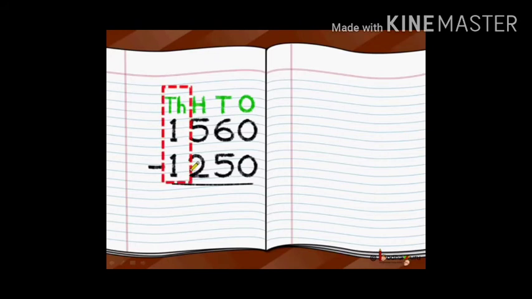Dear kids, whenever we have to subtract, you have to subtract two single-digit numbers at a time, and always subtract the smaller number from the bigger number. In this sum, in the ones place, on the top is 0 and on the bottom is also 0. So we have to subtract single-digit numbers at a time. So 0 minus 0 in the ones position is equal to 0.